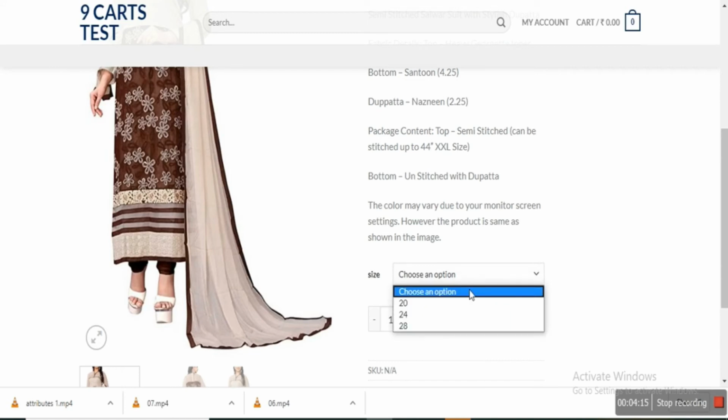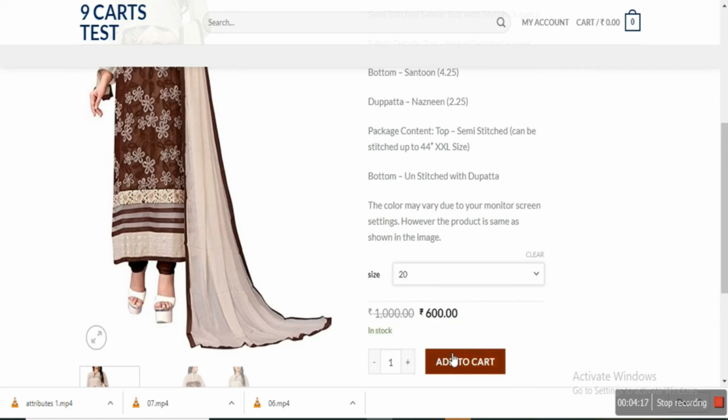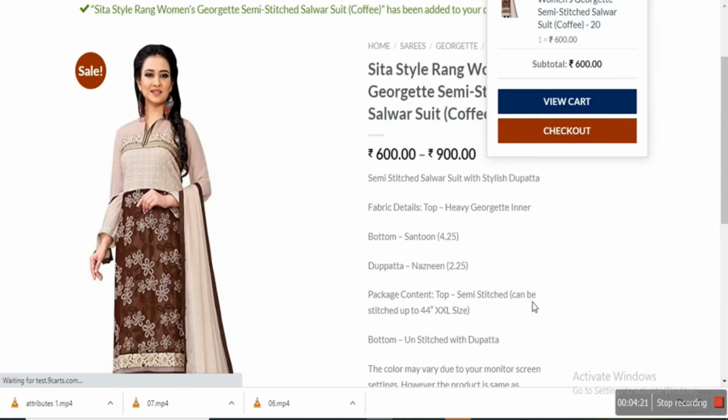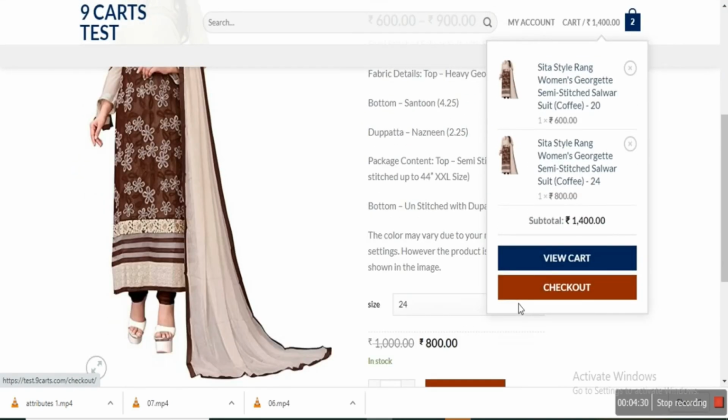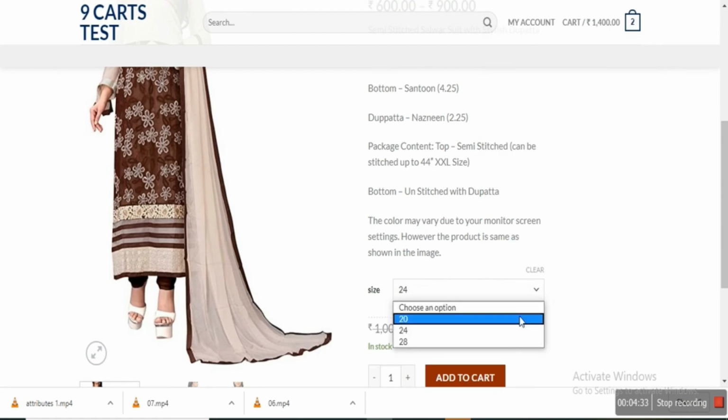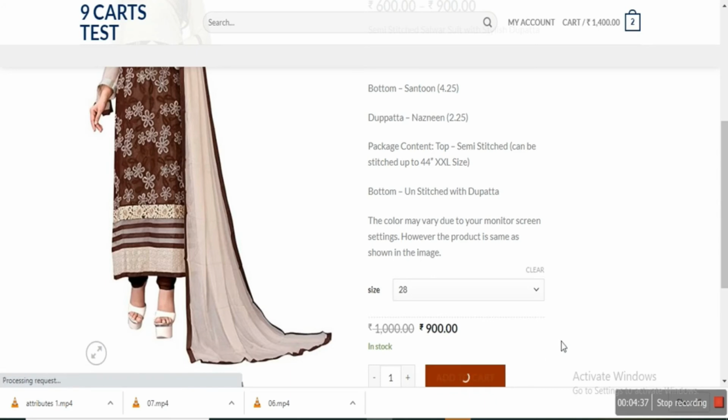We can select size 20, add to the cart. Similarly, we can select size 24, add to the cart, and I am selecting all the 3 sizes because I want to show you some variations. Size 28, and add it to the cart.